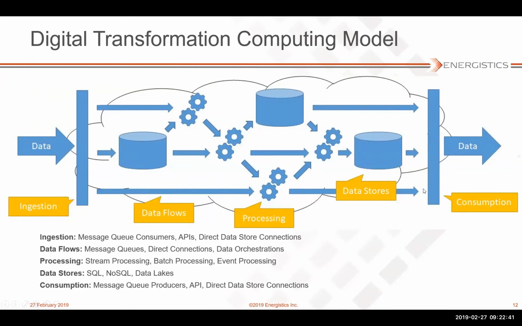And then at the tail end of that, you've got some way to let end applications and users interact with the data that's been processed and stored in all these things. You've got message queues and APIs and direct connections. So you have all of this technology running in the cloud, interrelating to each other. And depending on whether you're dealing with big data, you may have a little bit less of the movement of data between these things, or if you're dealing with streaming data, you may have a little bit more. So different applications will focus on different elements of this, but these aspects are pretty common across all cloud computing technologies.